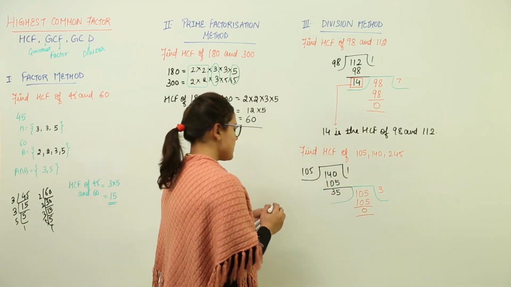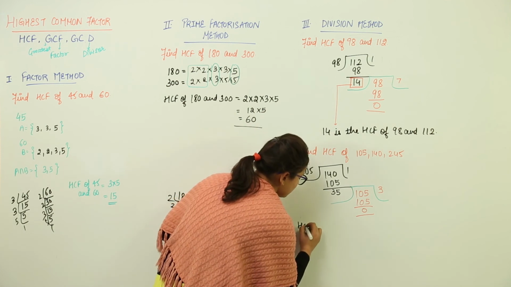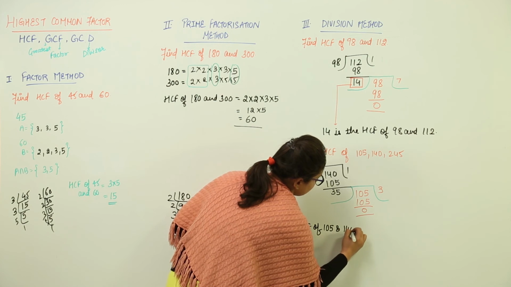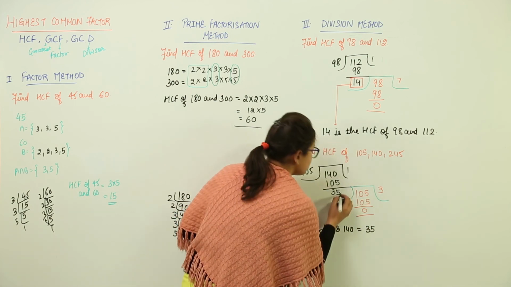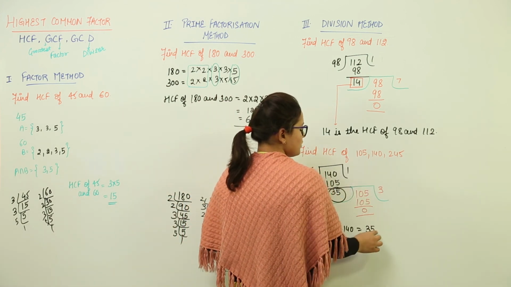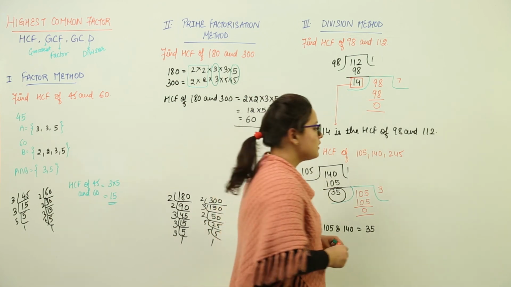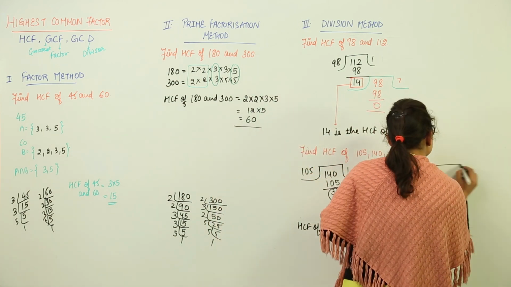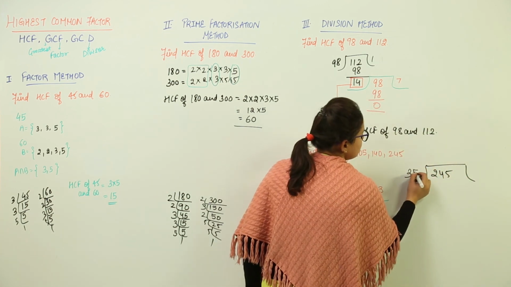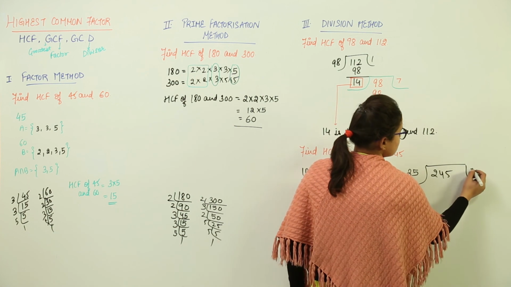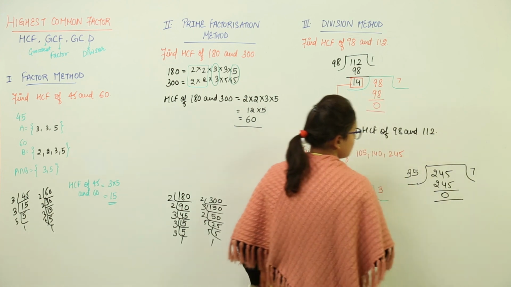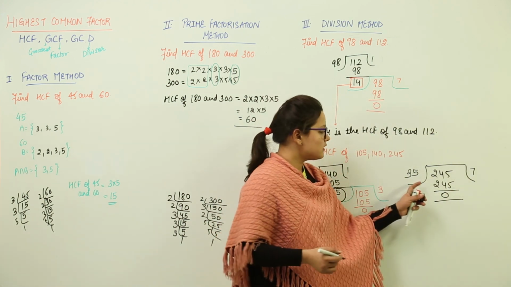So what is the HCF you have got now? You have got the HCF of 105 and 140 as 35, because this was the last divisor. Now you have the HCF of the first two. You take it along with the third number and divide. Dividing with the third number, 245, 35 goes 7 times into 245 and you leave 0 as the remainder. That means on dividing this, the third